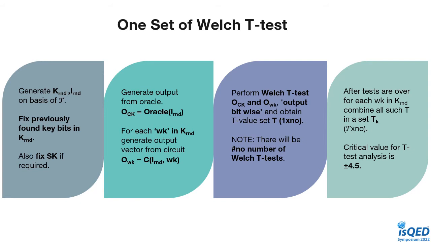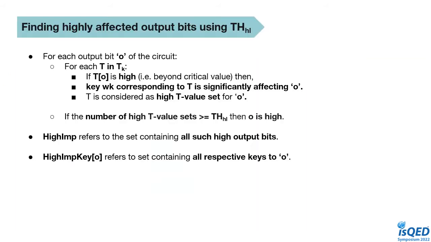And now, after the tests are over, for each wrong key in K random, we combine all such T value sets obtained and form a set Tk whose size will be tau cross NO. And for analysis, we will use the threshold plus minus 4.5. To find the highly affected output bits, we need to traverse for each output bit O in the circuit, and